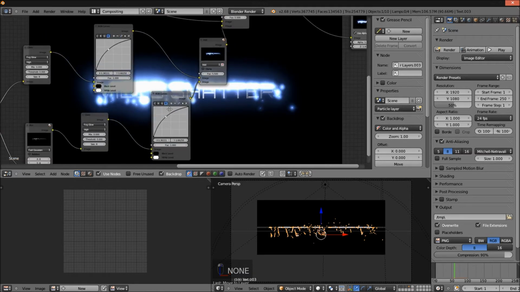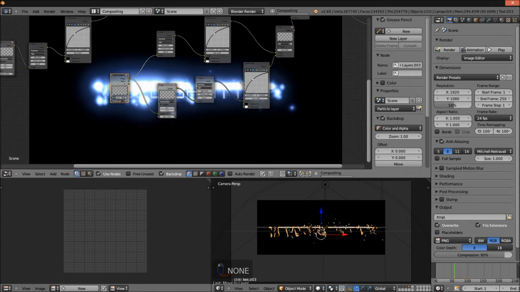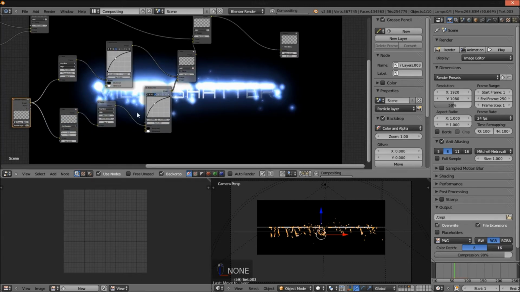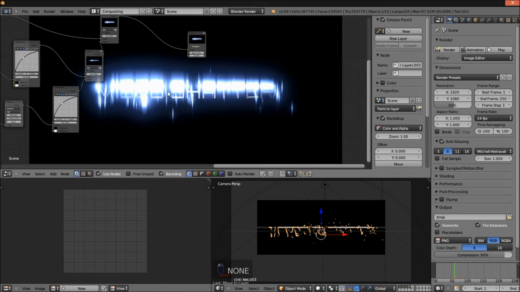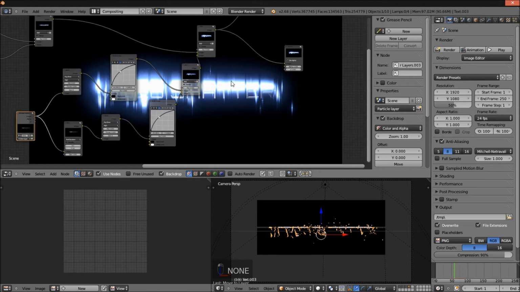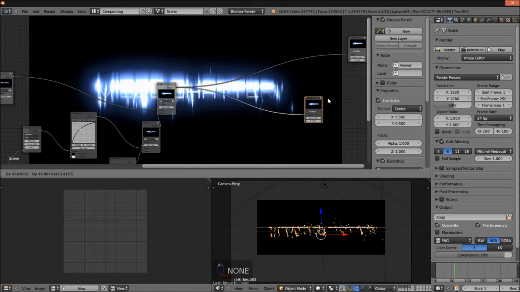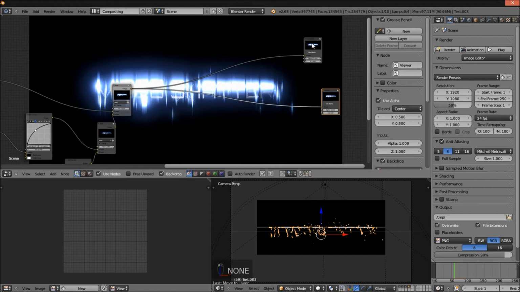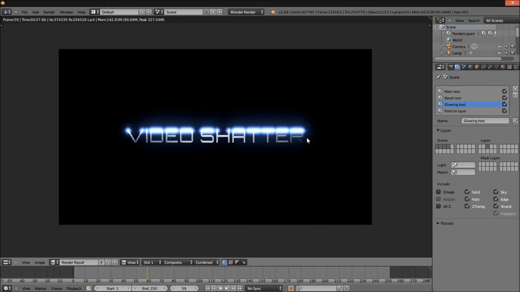Okay, so now I'm going to bring the X blur on this down to 0, and I'm going to bump up the Y blur to 14. Alright, so now we've got a nice particle effect there. Let's see, I've got one more layer to add, so I'm going to organize these nodes here, move them out a bit further, and I'm going to go back into default 3D view,